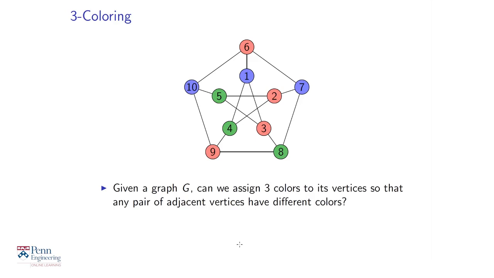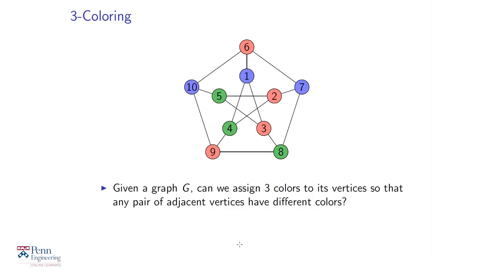Again, this is a problem we don't know an efficient algorithm for, meaning if you're just given the graph, it's very hard to come up with a coloring where you're using 3 colors and making sure that adjacent vertices get different colors. But if someone showed you this coloring, it's very easy for you to verify that this is a valid coloring. That is, you can check that only 3 colors are being used, and that for any pair of adjacent vertices,